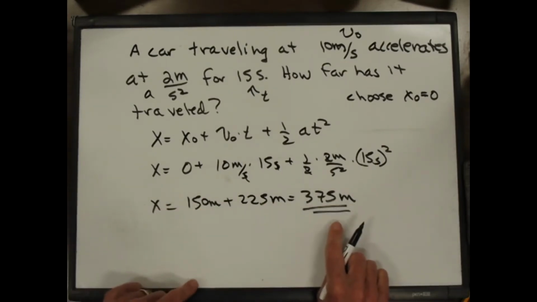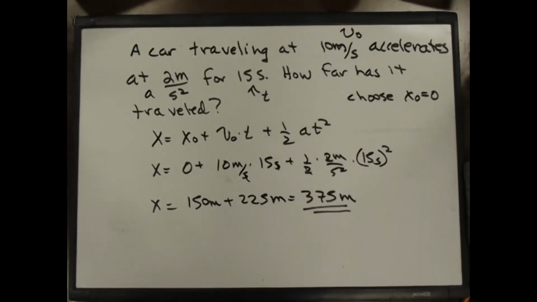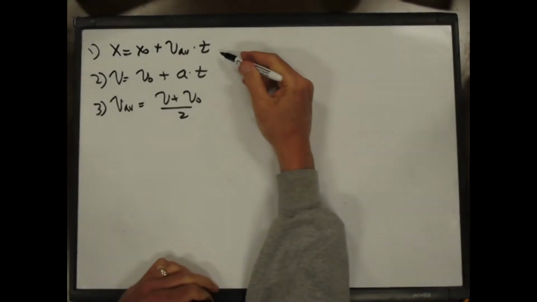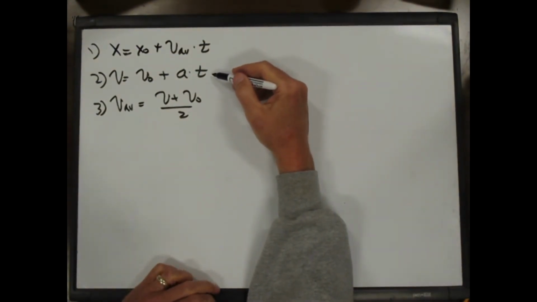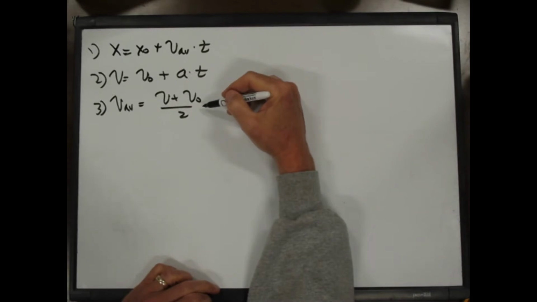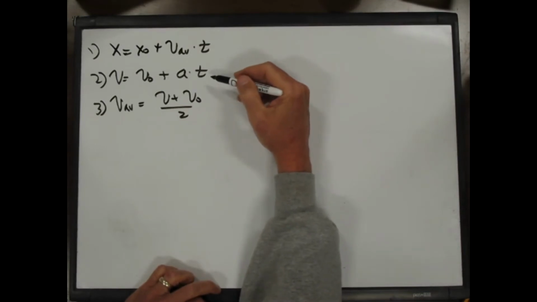That's what we got at the end of that problem after we'd done the three steps. And so this allowed us to solve this problem in a single step. So these are the three equations we started with. X equals x naught plus v average times time, v equals v naught plus acceleration times time, and the definition of the average velocity. And I'm going to combine them all again and rearrange them slightly differently. What we're going to do is we're going to get rid of the